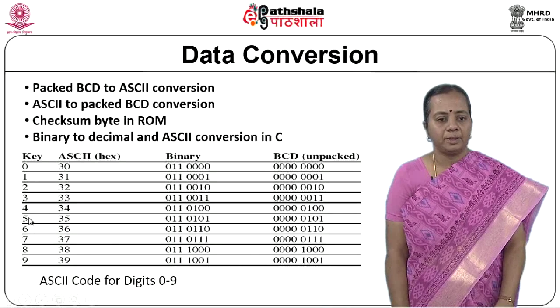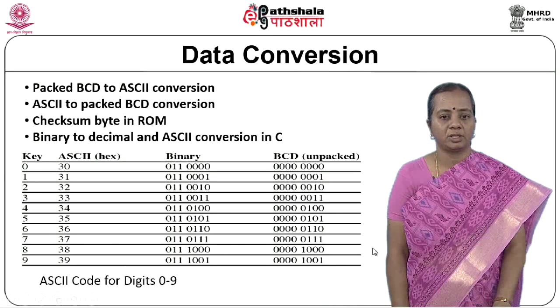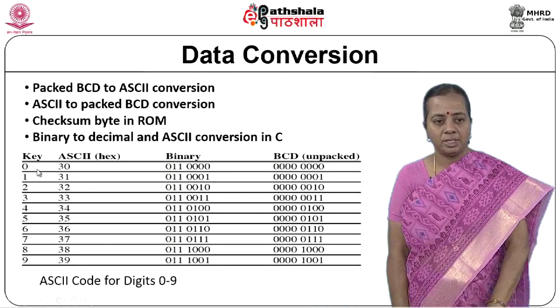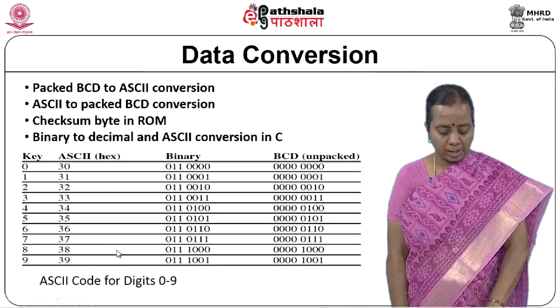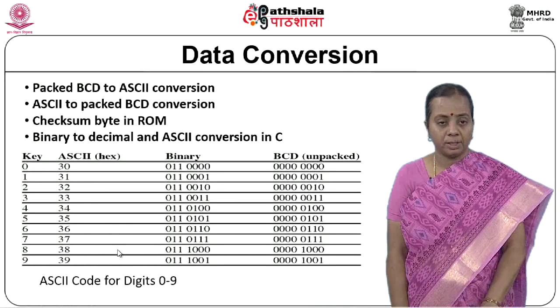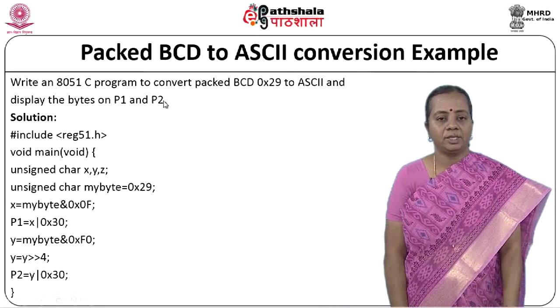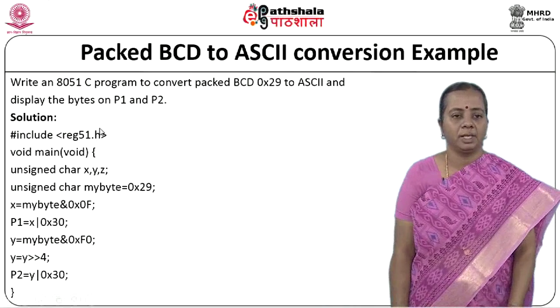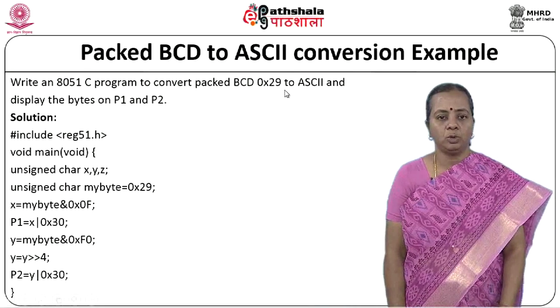So, now the ASCII codes from digit 0 to 9 are given over there. How we will be implementing this through code, that we will see. You just look at over there, 0 becomes 30 and 9 becomes 39 with respect to ASCII hexadecimal values. So, if you know that this has to be converted, then we will be looking at this kind of program. You just see that this is an embedded C program where it converts a packed BCD number